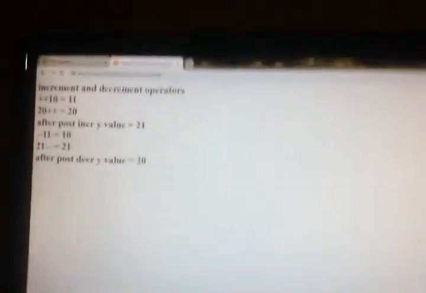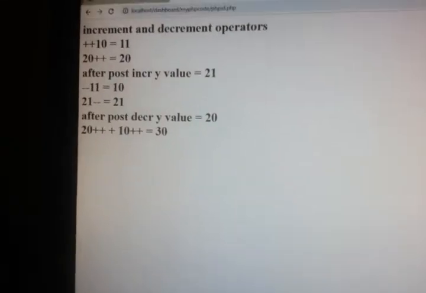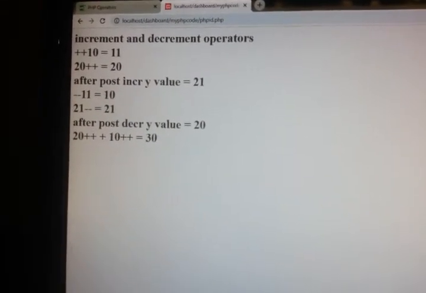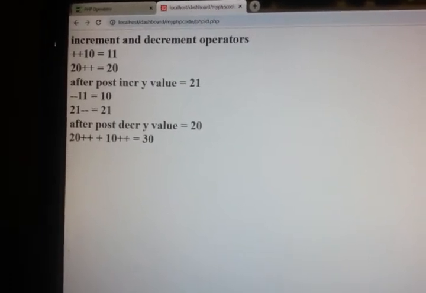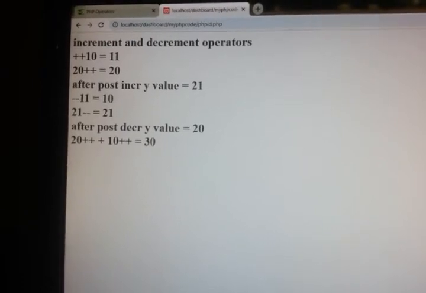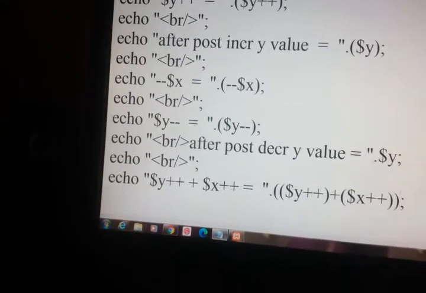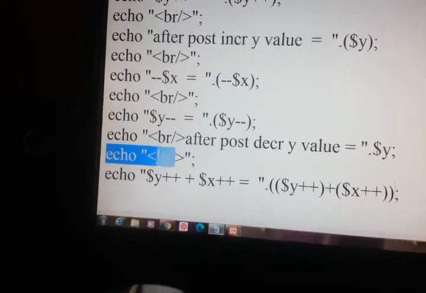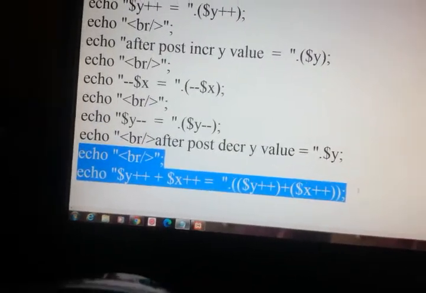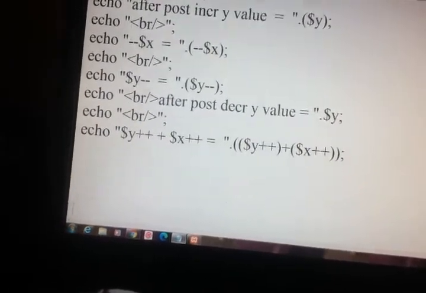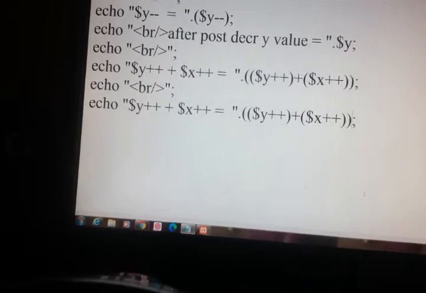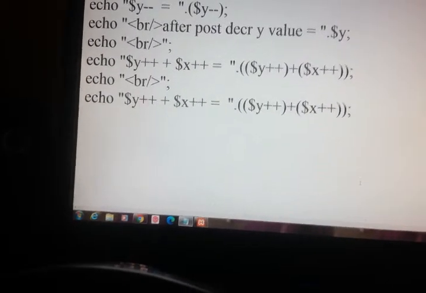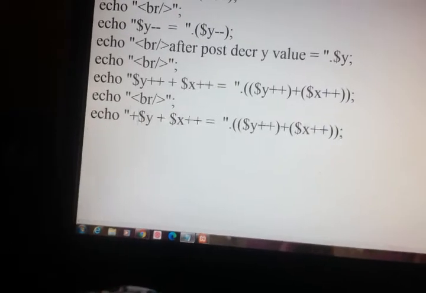Save. 20 plus is 20 only. 10 plus is 10 only. That's why we got 30. But actual what we have to get, the perfect immediate effect we'll see in this. In pre you will be seeing that.